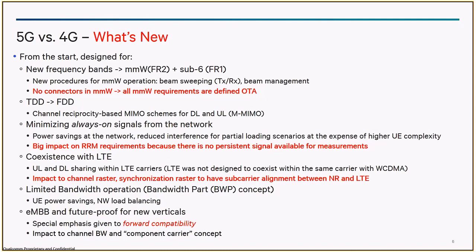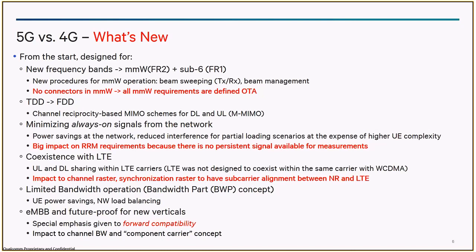Essentially, it is adding a lot of bands which were not even existent. There are 4 bands, for example, in the greater than 10 gigahertz range, which 5G adds as an initial launch supported band. Apart from that, most of the LTE segment had less than 3 gigahertz, or up to 3 gigahertz, as a transmission network. 5G allows additional bands between 3 to 6 gigahertz. Of course, from a testability point of view, when we are doing millimeter wave, you cannot use any connectors. It's all OTA radiated measurement testing.